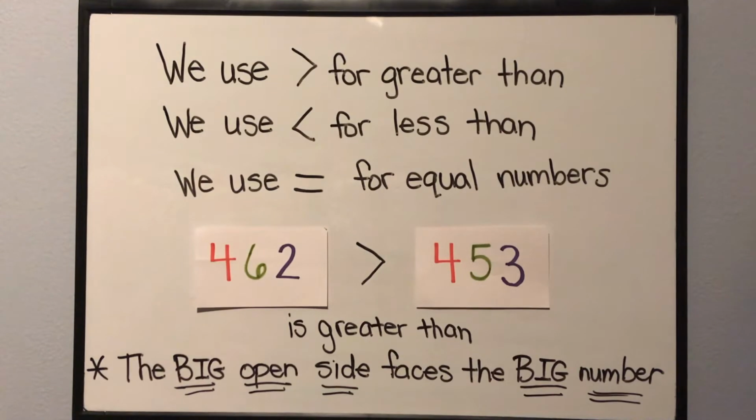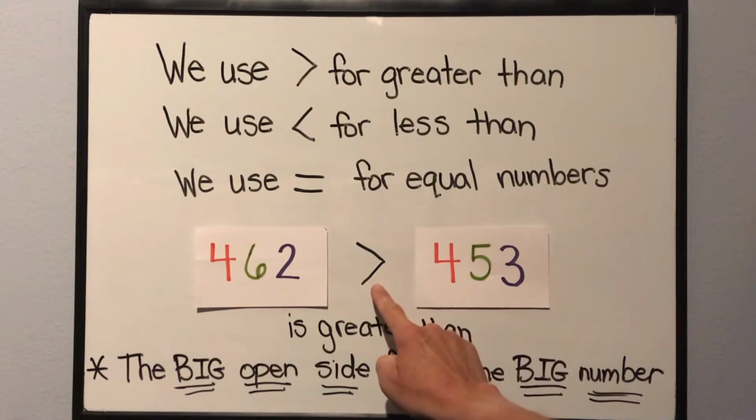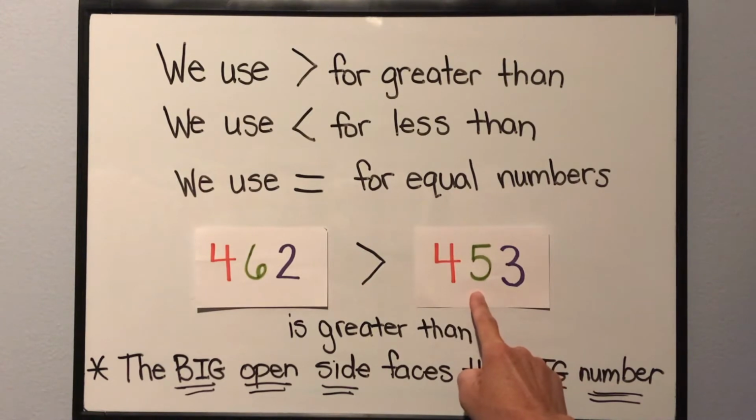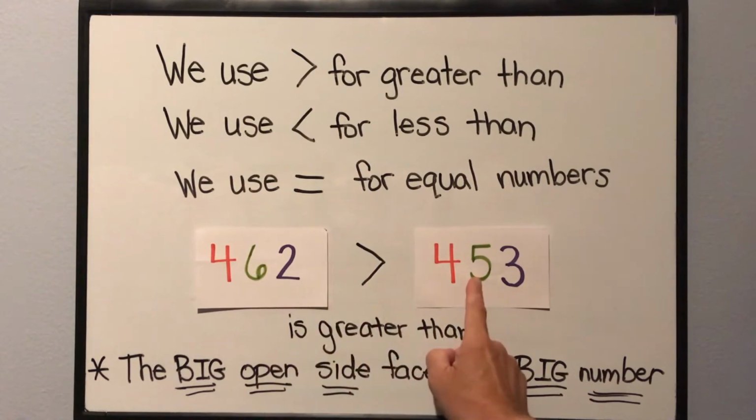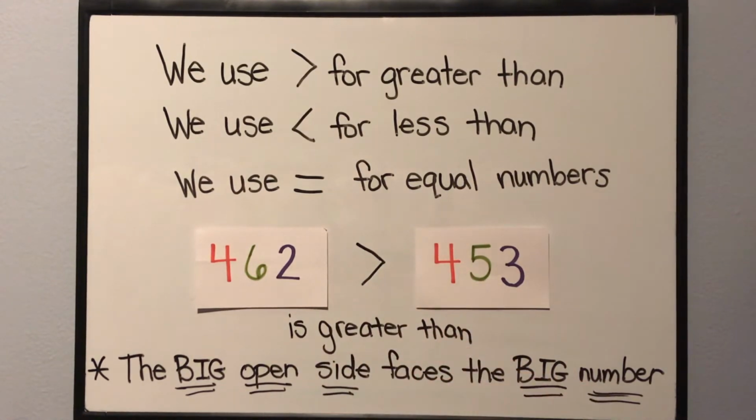We have our symbol that shows greater than, our symbol that shows less than, and our symbol that shows numbers are equal or the same. When we go back to the numbers we had just spoken of, we have 462, and now we have our symbol, which means is greater than 453. Remember that we compared our tens place to identify 6 tens is greater than 5 tens. We can also use words to compare our numbers, and that's why we now see 462 is greater than